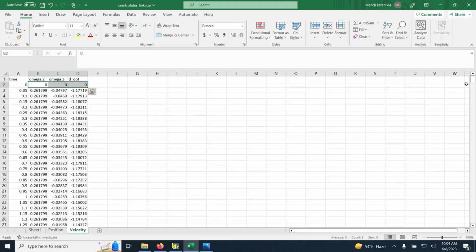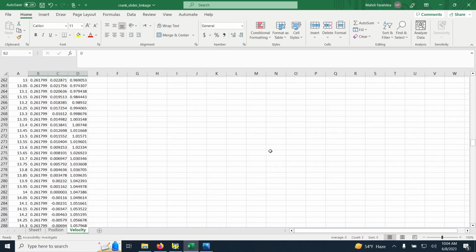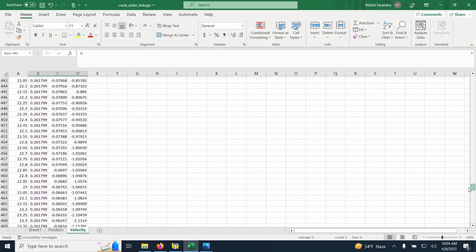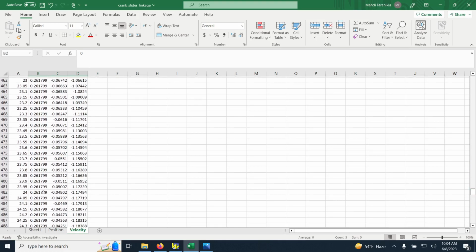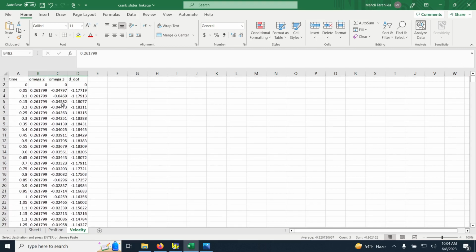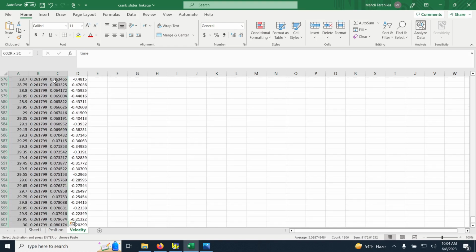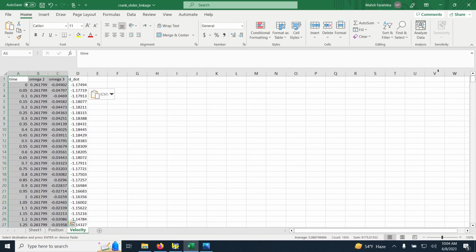So if I go to row 482 in the velocity tab, which is right here, I can copy these lines and place them back in here. So these are the angular velocities of the crank and the rocker, as well as the linear velocity of the slider. So like I did for the previous case, I can select these three columns and plot